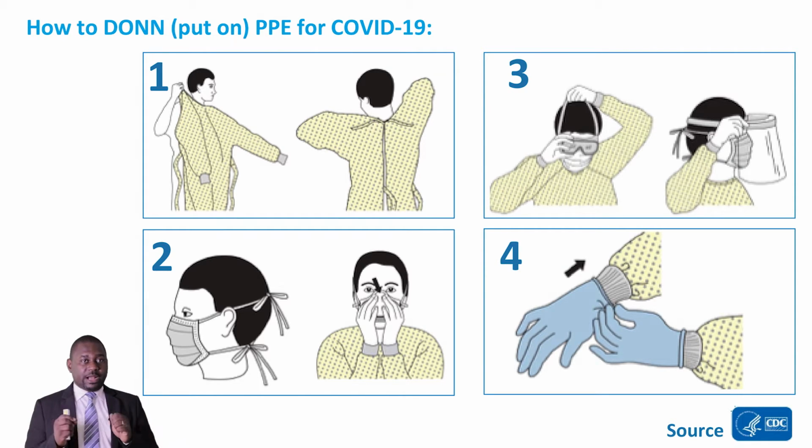You first put on your gown. The gown goes on first, followed by your mask, and then your face shield, and then you put on your gloves. It's advised to use elbow gloves as it helps increase the level of protection. And this will be you in a full PPE, ready to enter a place with COVID-19 patients with the risk